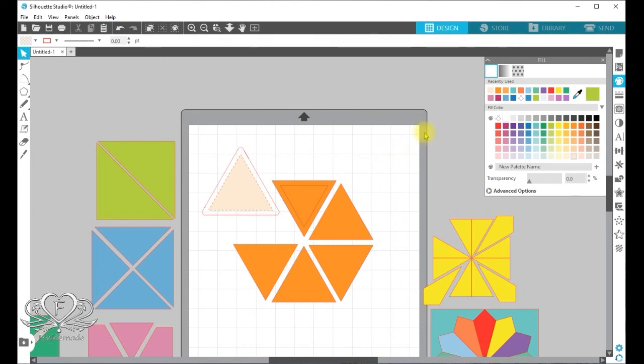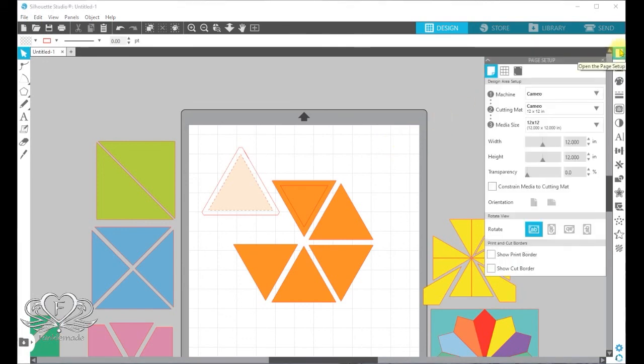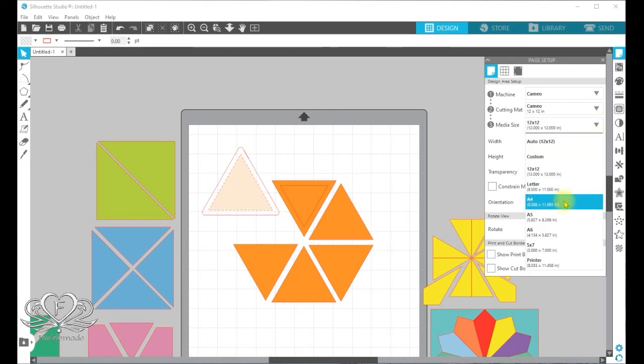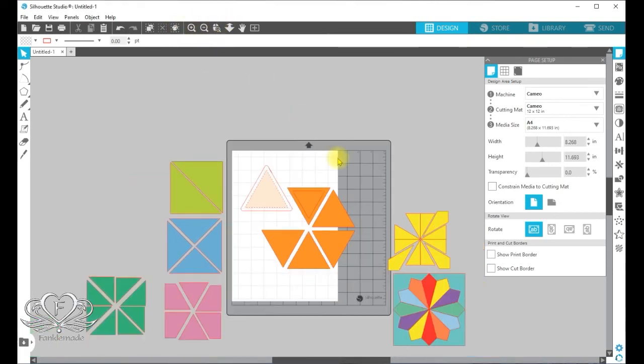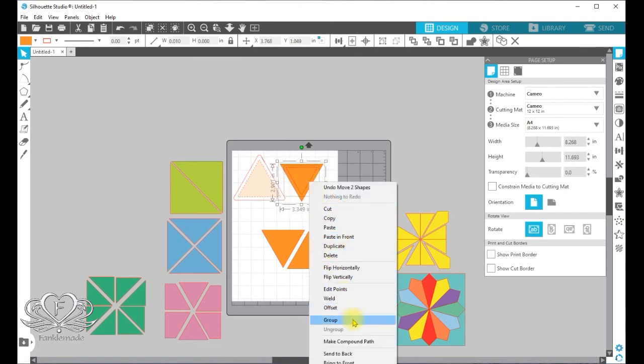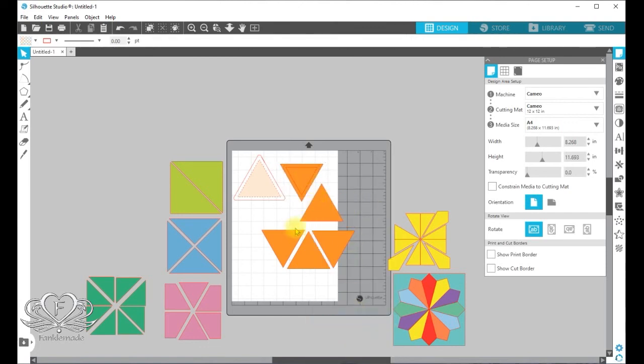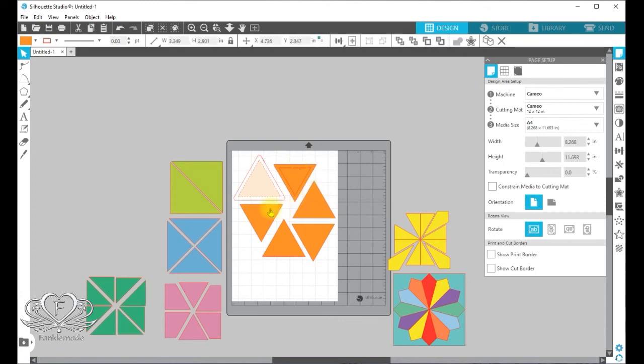Just as a visual, I will show you if I go to my page here and change my media size to A4, you'll see that as it was situated on the page as I drew it, it's not the right arrangement, but you can drag these. I'm going to group that so it doesn't get mistaken. Drag them onto the page. Make sure they're within the cutting and the drawing lines. So